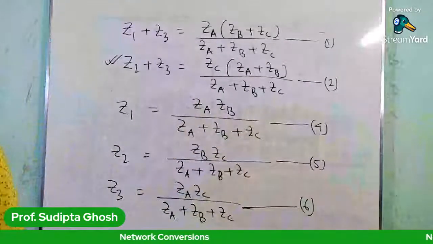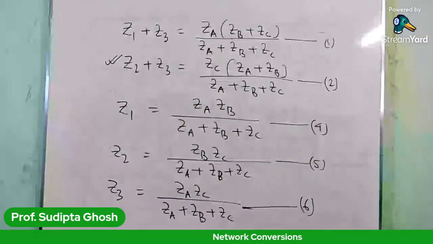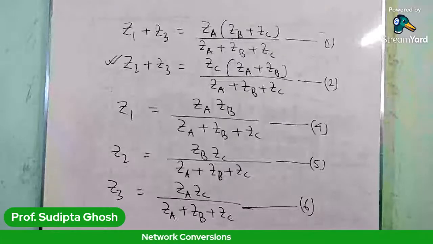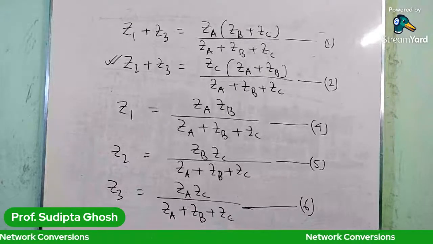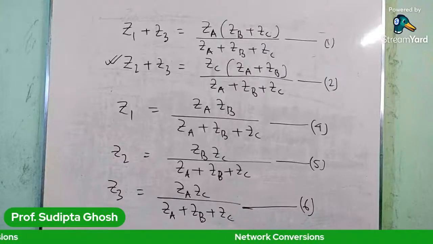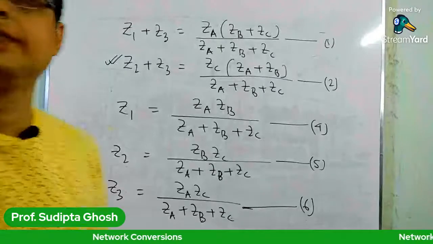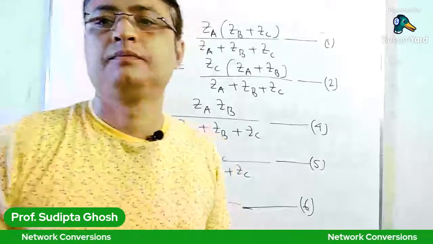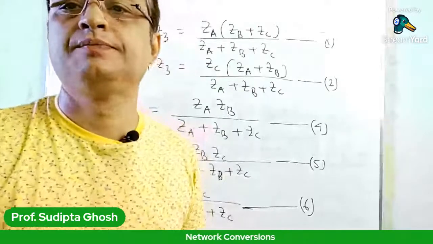If the impedances of the pi network are known, then we can easily determine the equivalent T network. Is it okay? If you have any questions,